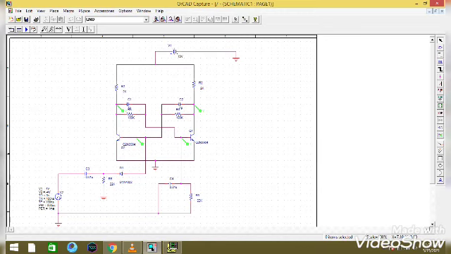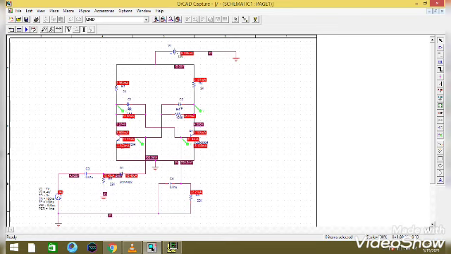Now if you want to see what are the voltage levels flowing in the circuit, in the top you can see V. Click on it, you can see the voltages flowing across the circuit. If you want to find the current across the circuit, you can give I. Click on I. If you want to see both voltage and current in the circuit, you can click on both V and I. Then the circuit looks like this.